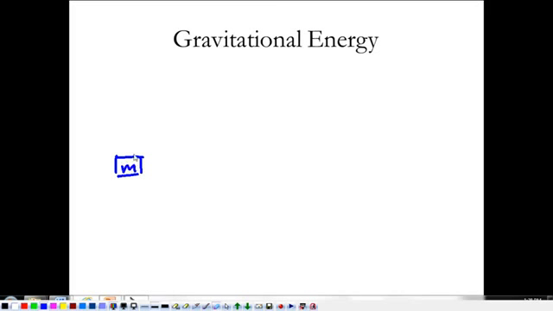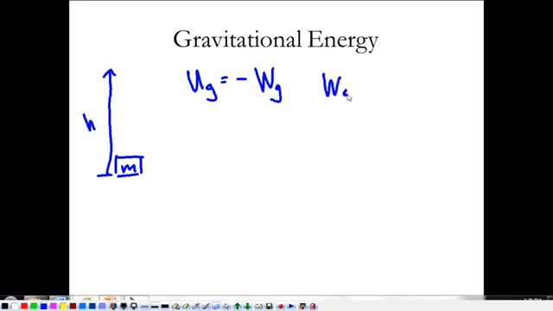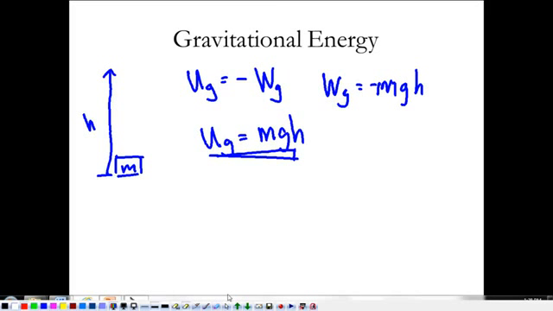Now, gravitational energy. We've already kind of talked about this. I have an object of mass m, and I move it up a height h. Potential energy is going to be the opposite of the work done by gravity. Well, the work done by gravity is negative mgh. So my potential energy is going to be mgh. So for gravitational potential energy,